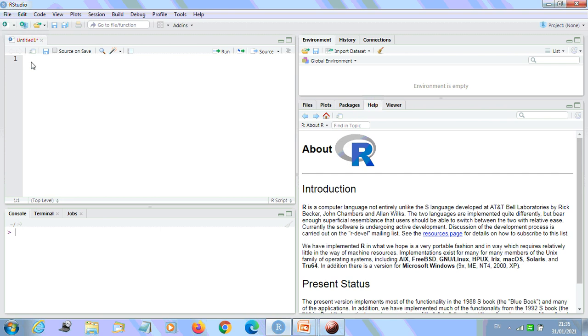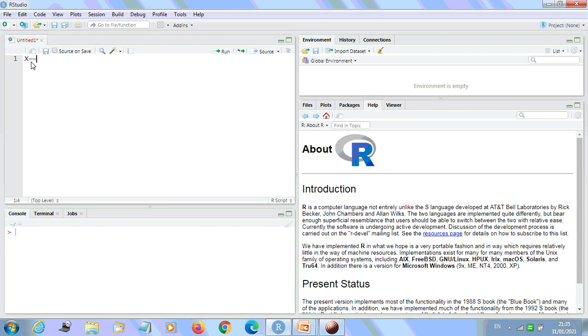Numeric means decimal values. Decimal values are called numerics in R, and it is the default computational data type. If we assign a decimal value to a variable x, x will be of numeric type.